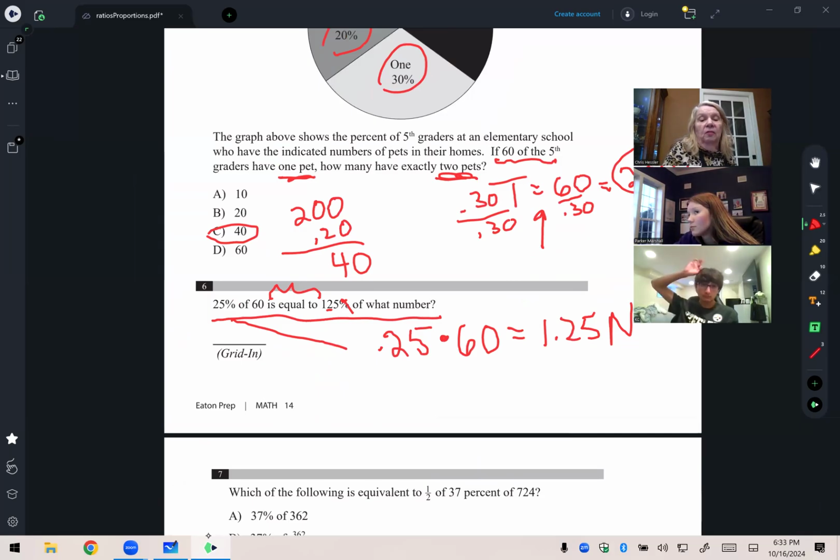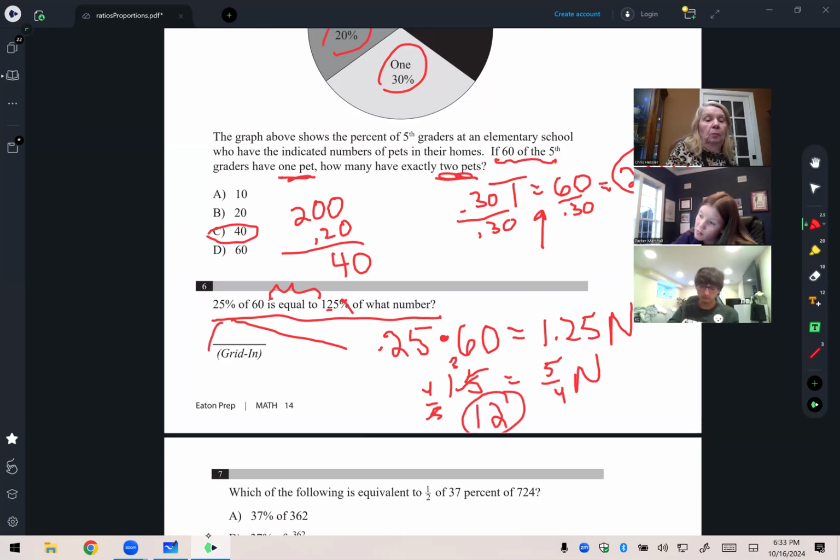And so I'll get 15 is 5/4 of n. You can use your calculator. So the answer would be 12. Did you both get that? Parker, you good? Jace, you're good? Okay. Now on the next page,